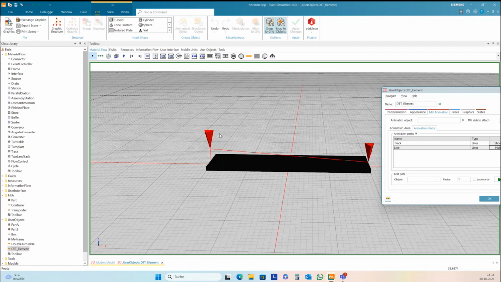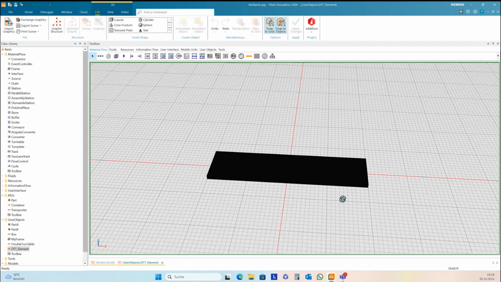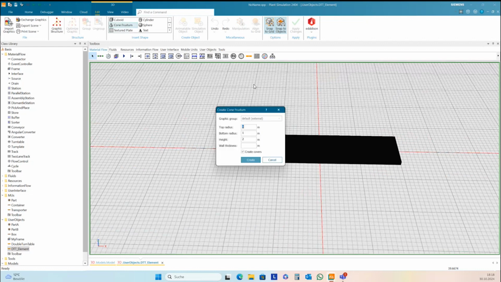Okay, I need to close this one. I want to have a direction arrow here to show the direction. So I name a cone frustum. Top radius, bottom radius should be 0.2. Height 0.2.